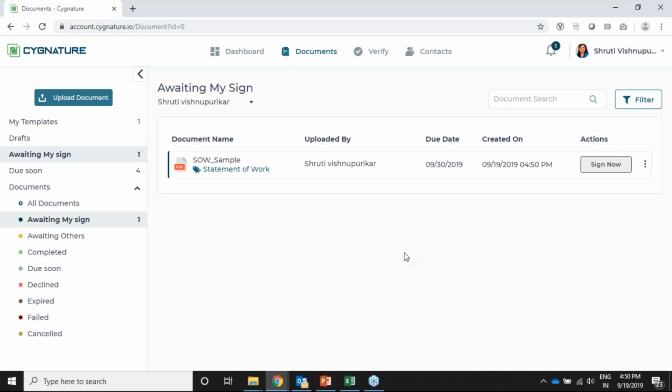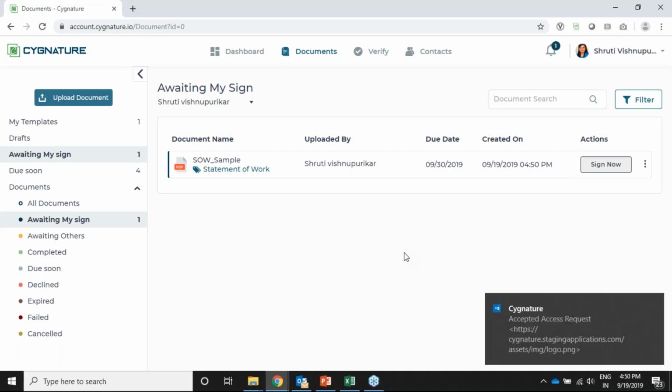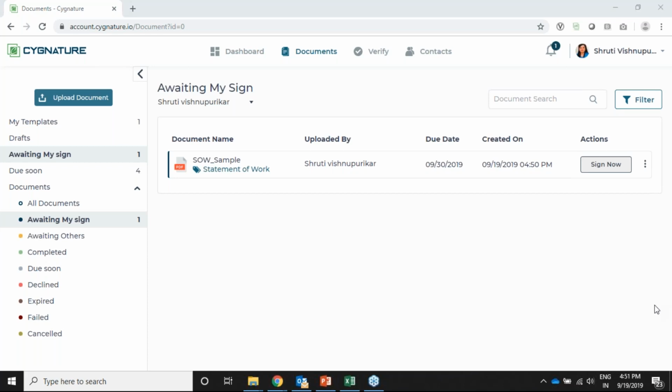The next feature we have is we have integrated AD authentication, wherein you can log in to your signature account using your Renova password and also your Windows password. So you need not keep different passwords for all these three. You can just use any of your passwords and access your signature account. So this is about the new features we have come up with.